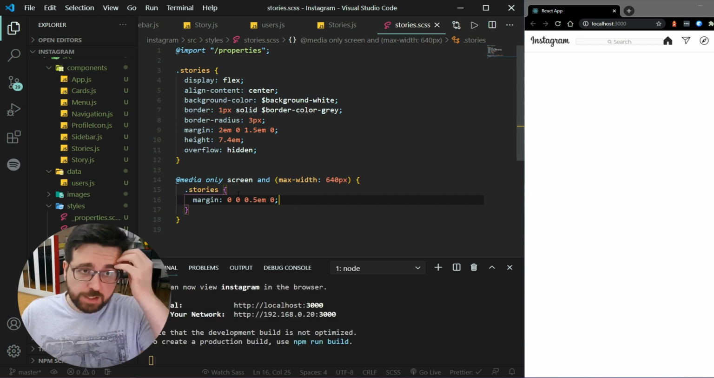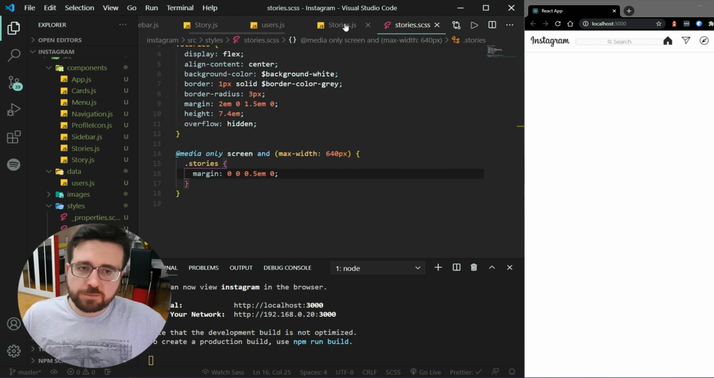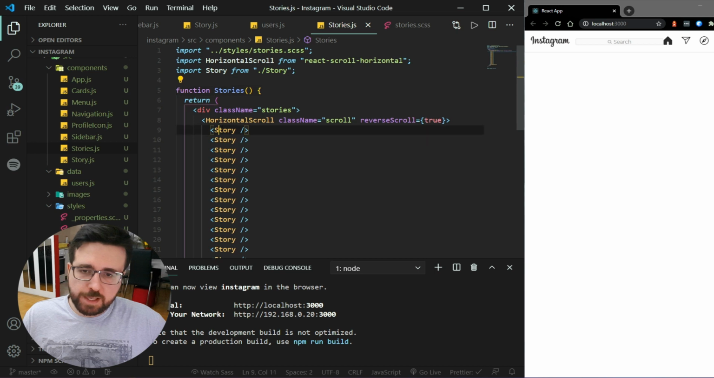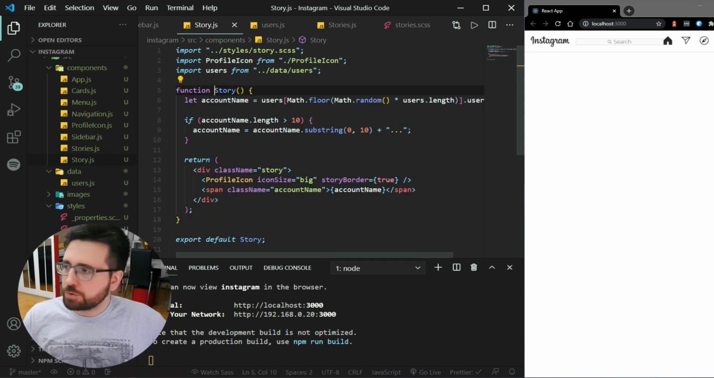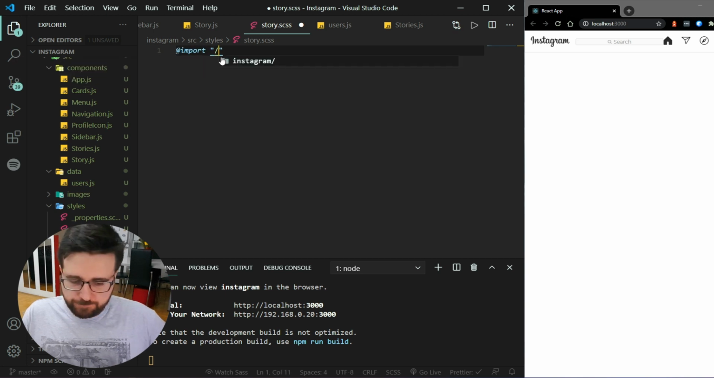Why is this? Because at smaller screen sizes, basically the whole Instagram compresses, so there's less space in between the cards and the stories and everything. So you are more easily able to see a bunch of content on the same page, and you stick around longer on Instagram. That's why the margins are smaller. So that's for stories. And inside of the story, we need to once again import